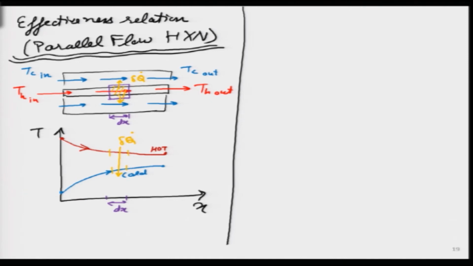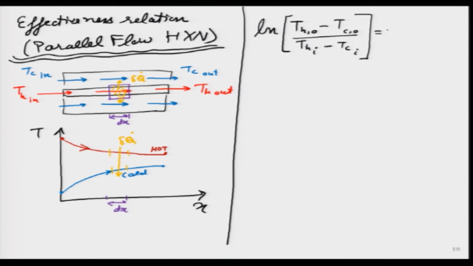Which means, if you go back and look into your notes, there was one equation that we had looked at which appeared like this. This was the portion that we had looked at while covering the LMTD method. So, the temperature difference between hot outlet and cold outlet divided by the hot inlet and cold inlet, and this we had written as a function of minus UA times a bracket, and over here we will get C_H, capital C_H, capital C_C. So, these are the heat capacity rates.